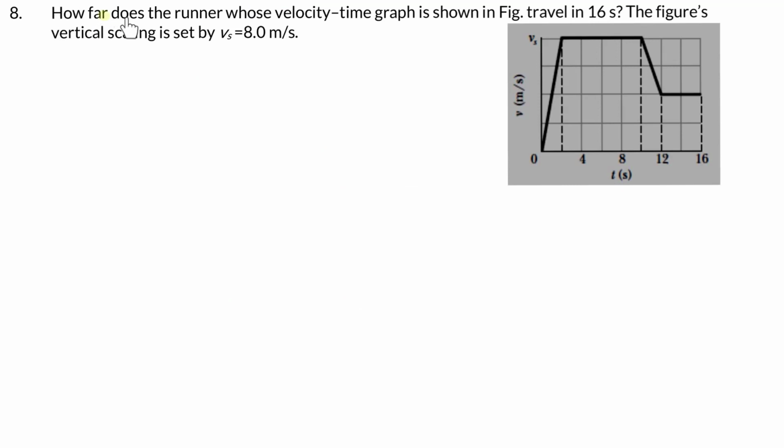Next question. How far does the runner whose velocity-time graph is shown in the figure travel in 16 seconds? The vertical scaling is set by this. So it's a v-t graph. We have to find distance, so find this area. We can divide this area into smaller areas. This is area 1, this is area 2, this is area 3, a trapezium, and finally area 4. So find out